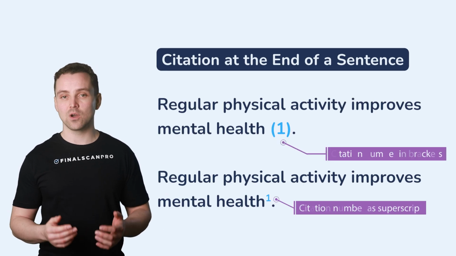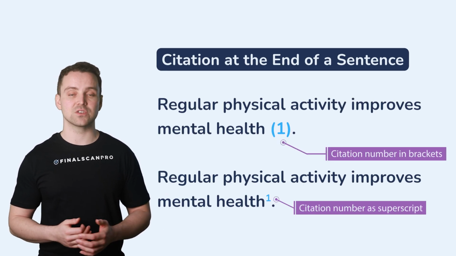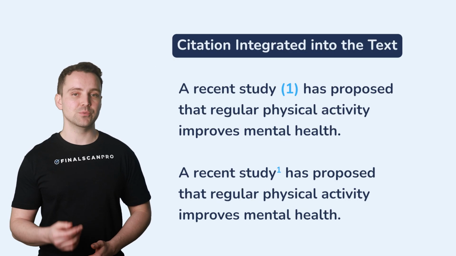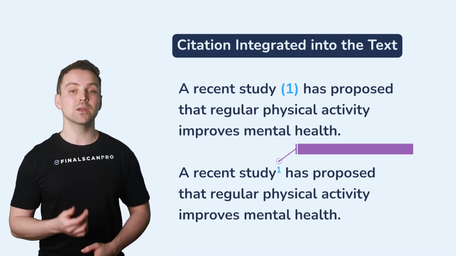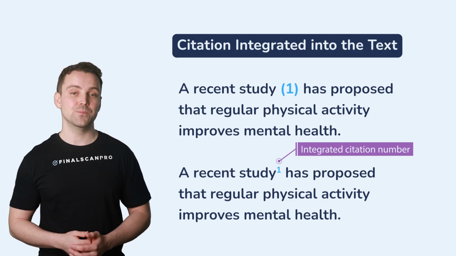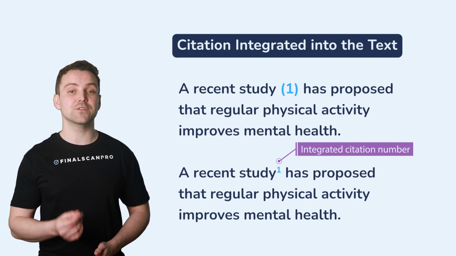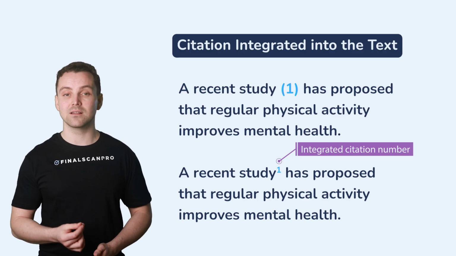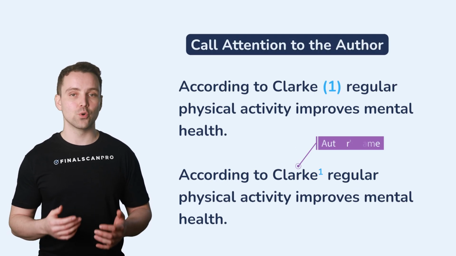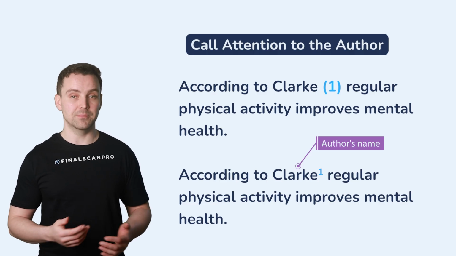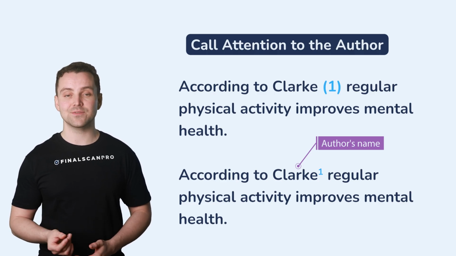The simplest and most common way to cite a source in Vancouver style is to place the citation at the end of the sentence. Another option is to integrate the citation number into the text. For example, a recent study, number 1, has proposed that regular physical activity improves mental health. If you want to draw attention to the author, you could say, according to Clark, number 1, regular physical activity